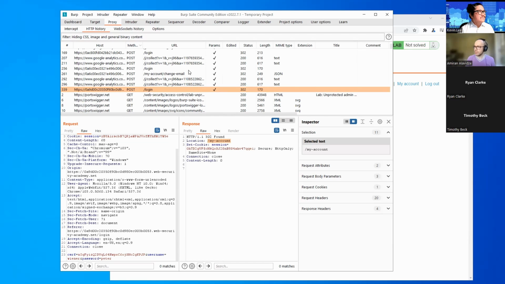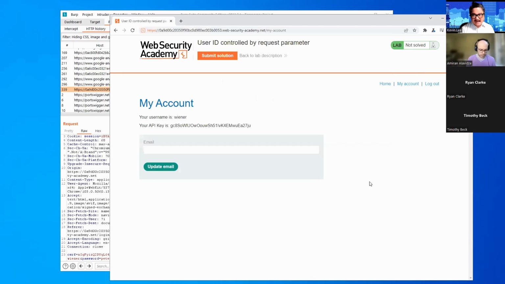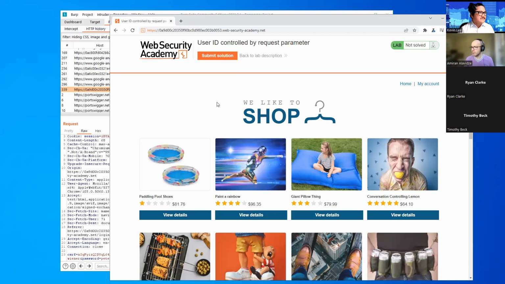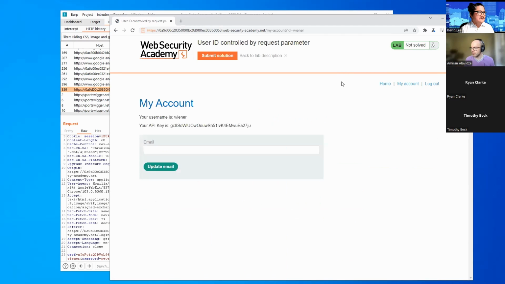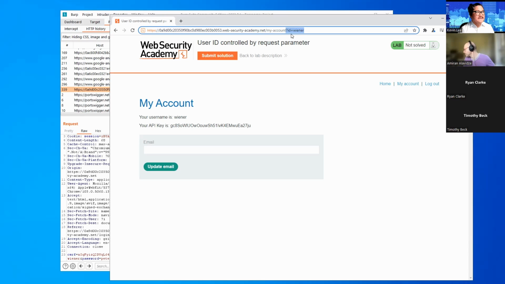So what we can do is play around with the app. We can go back home, and maybe go back to our My Account page. If you are an astute observer, you can see that when we went back to the My Account page, for some reason, the My Account URL also includes this snippet over here, which is a URL parameter.